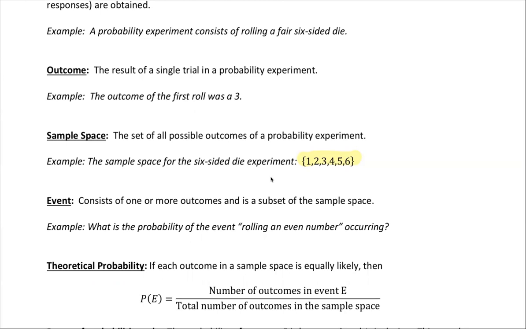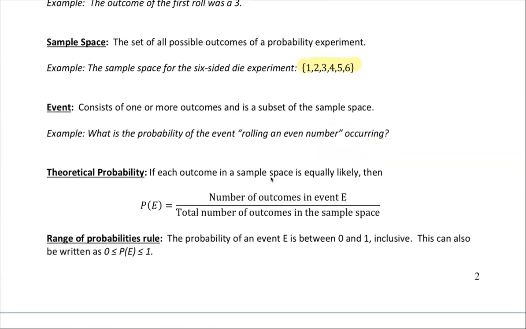Finally, we get a formula, right? So the formula, which is theoretical probability, and we've got some notation here. You'll see this little P parenthesis E, that just is math for the probability of event E occurring, okay? So the probability that it occurs is a fraction. The top number is the total number of outcomes that match event E. And the bottom number is the total number of outcomes in the sample space, or just the total number of